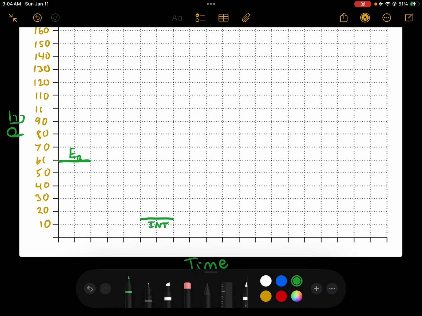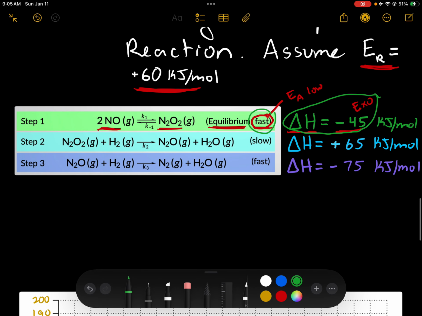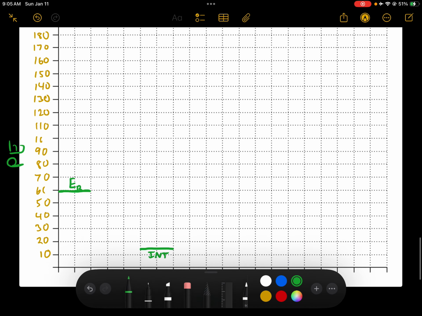We're starting at E sub R and ending at the intermediate for this step, but we have to pay attention to how big to draw our hill. Since it's a fast step, our hill shouldn't be that tall. We're not given a specific value, so I'm just going to make a short hill, like this,